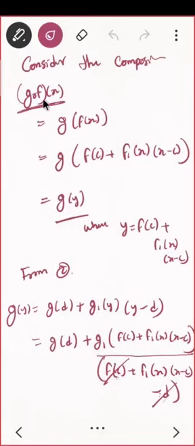h of x is the same as g composite f of x. That is, h of x is equal to g of f of x. For f of x, I call it y. y is f of c plus f1 of x into x minus c. Now g of y, I already know I have something. I have g of d plus g1 of y into y minus d. So let us substitute whatever d is, and whatever y I put, put it in this. So I have g of d plus,